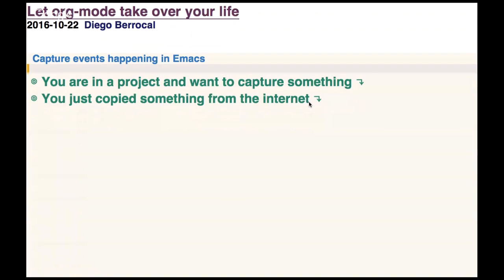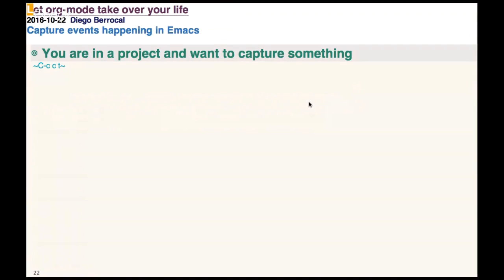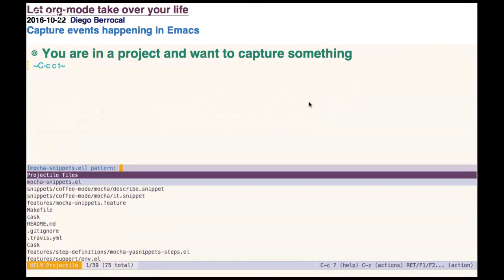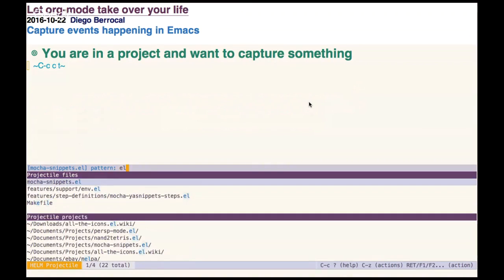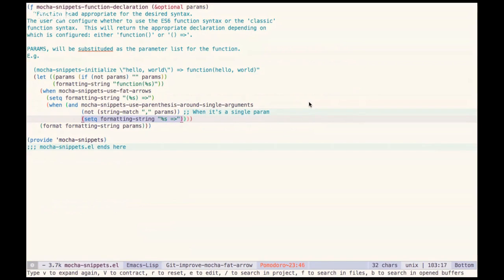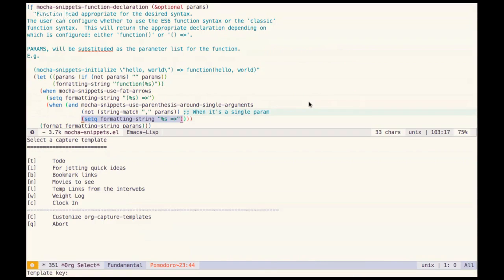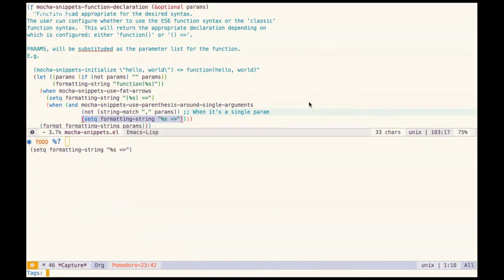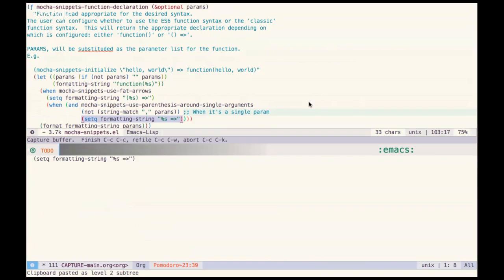So, capture events. This is another part. When you're taking notes and when you're doing to-do tasks, let's say you're in a project and you want to capture something, right? So let's go to, let's say, this Mocha Snippets project, and I'm here and I'm looking at the PR that I was before, right? I'm building a PR here. So I want to say that this thing, I capture it, and I want to say it's a to-do, and what I want to say is an Emacs tagged,